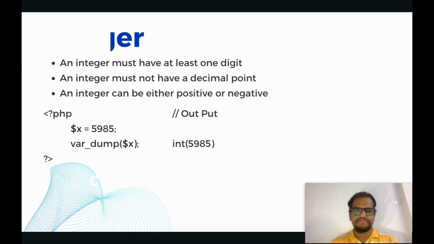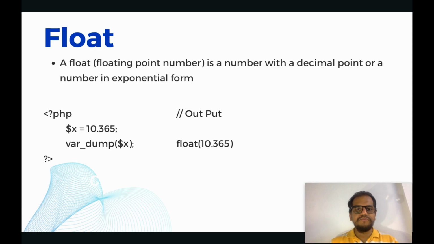Next, float. A float is a number with a decimal point or a number in exponential form. So we can use a decimal point, like 10.23, but we can't use only 10. If we use only 10, it means it is an integer, not a decimal. So we used var_dump and $x here, and it shows float 10.365. So this is called a float value. Next,